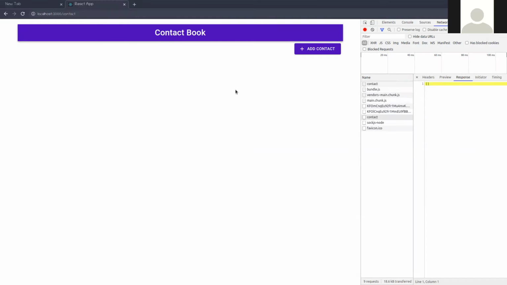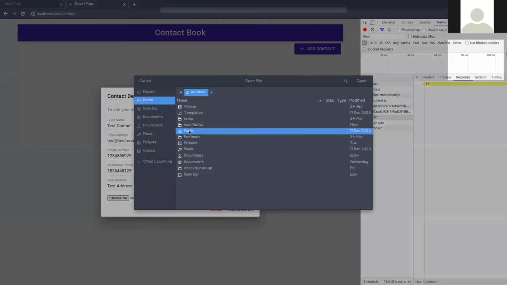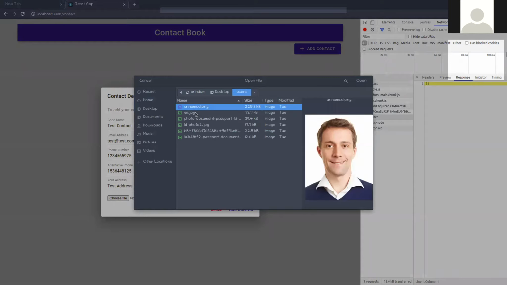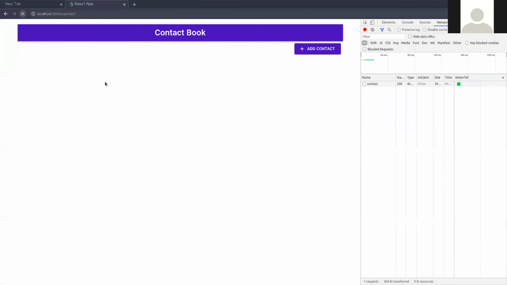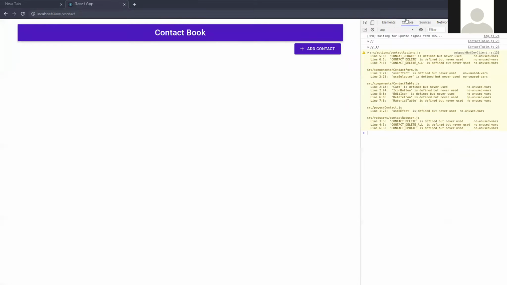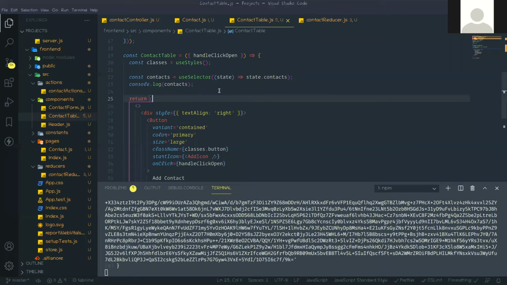In the database no data record is there, so we need to save something, like test contact 1 2 3. Add is done. Now reload. You can see you get one record. So that method is working.